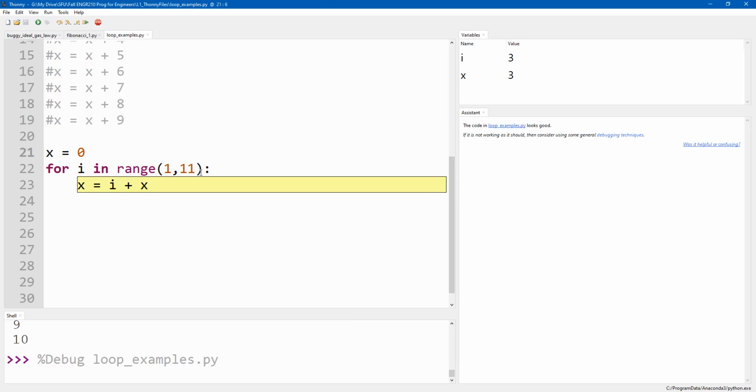The new value of X is 6. Sweet. Where do we go from here? And what's the new value of I? 4. Sweet. So I go back up to the top. I is now 4. We keep on going through this. There's 6, 7, 8, almost there, 9.